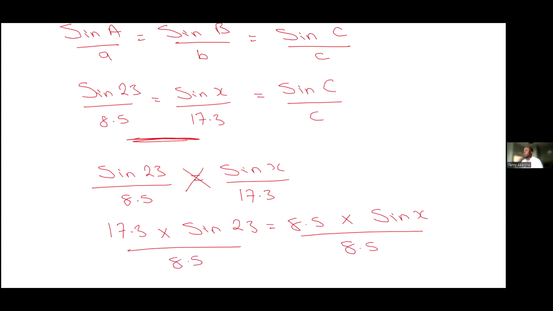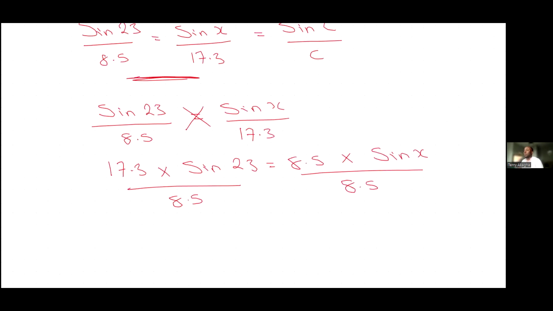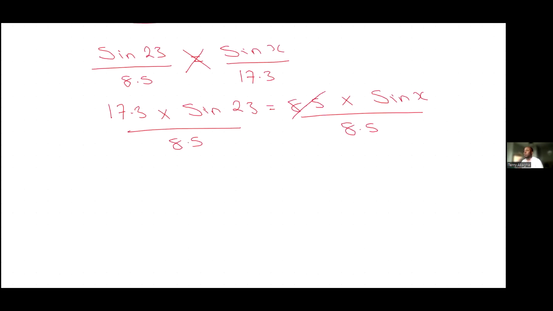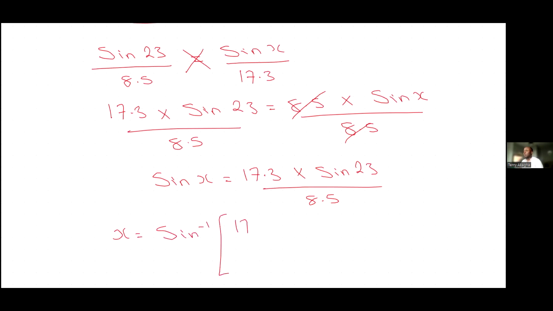Then when you divide it by 8.5, so this is going to cancel that. So we're going to have sine x will be equal to 17.3 times sine 23 divided by what? 8.5. But we're not looking for sine x, we're looking for x. So x is going to be equal to the sine inverse of 17.3 times sine 23 divided by 8.5. And when you press this in your calculator, x is going to give you